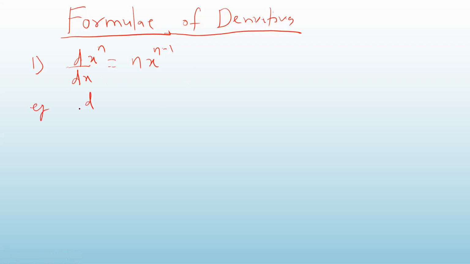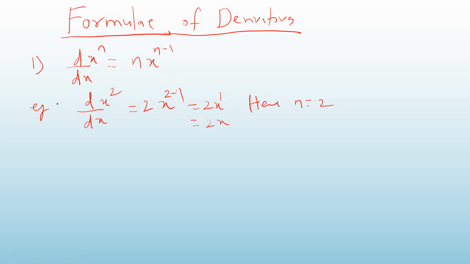So first of all, let us find out the derivative of x square. Start with a very simple problem. Derivative of x square. We are going to apply this formula. Compare this. What is the value of n here? n is 2. So apply the formula: n is 2 into x raised to n minus 1, that is 2 minus 1. You know what is 2 minus 1? 2 minus 1 is 1. Correct? So it will give you 2 into x to the power 1, which is the same as 2x. We don't write the power whenever it is 1. So the derivative of x square is 2x.